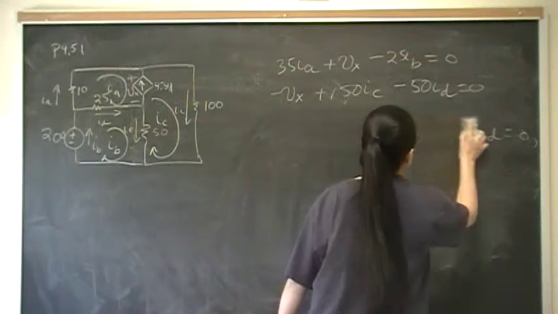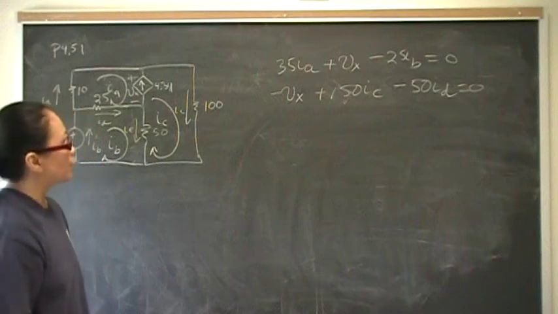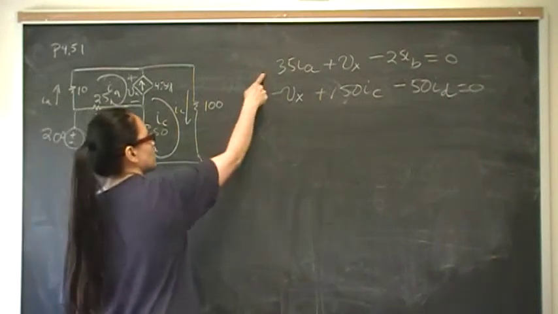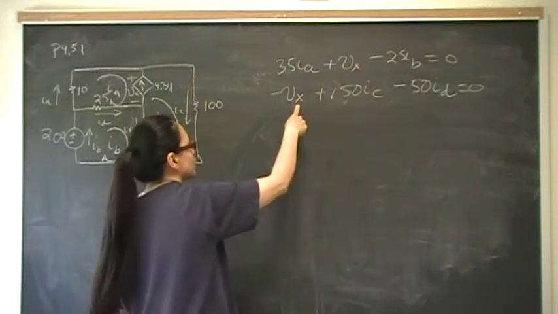Now, the reason why the super mesh works is, notice that in algebra we can add things together, whatever we want, right? So we can add two equations together. So what ends up happening is you got a plus Vx here and a minus Vx here, so they cancel